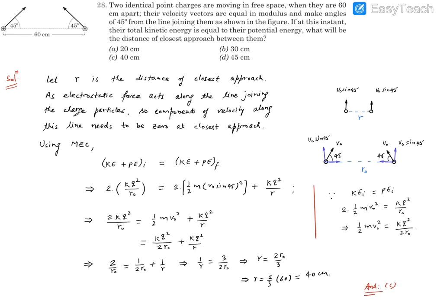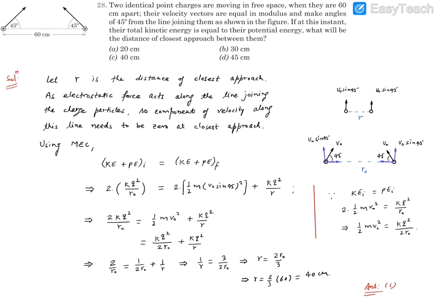Now, the horizontal component, the component that is along the line joining, is going to reduce the separation. Since they are charged particles, there's going to be repulsive forces as well, because they are identical charges. So this separation is going to reduce only up to a particular value. And let's say this is the figure when the separation between them is minimum. So let's say this small r is the least separation.